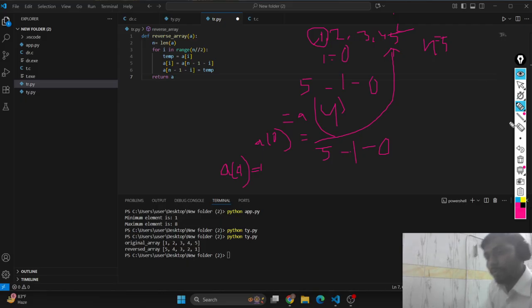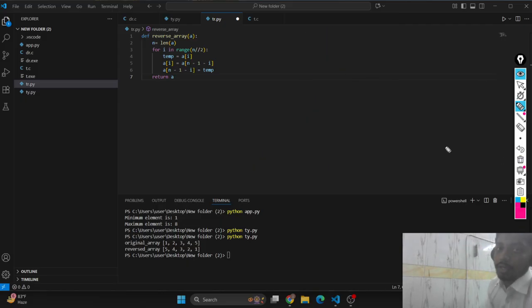So we're going to do it for once another time, then the I will be incremented in the second round. So I would be 1, so let's write down the list 1 2 3 4 5. So I is equal to 1. Okay, so I is equal to 1, then the temp will store I is equal to 1, so 2 will be stored in the temp, and then